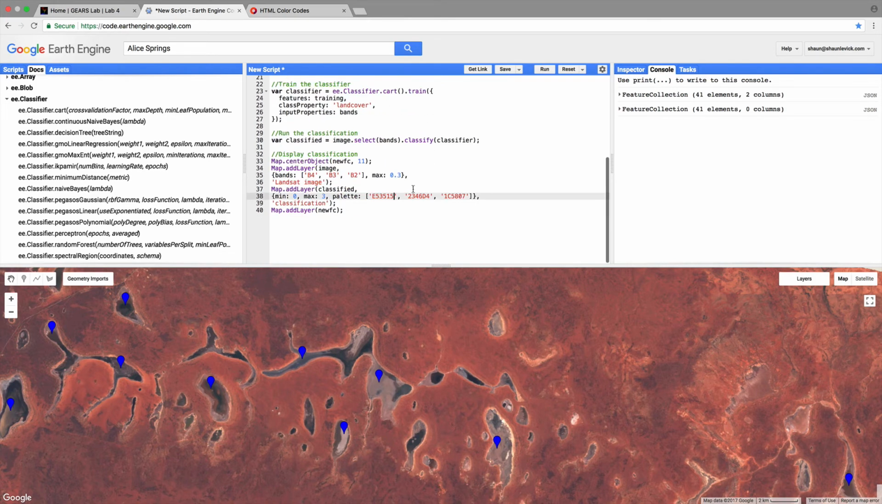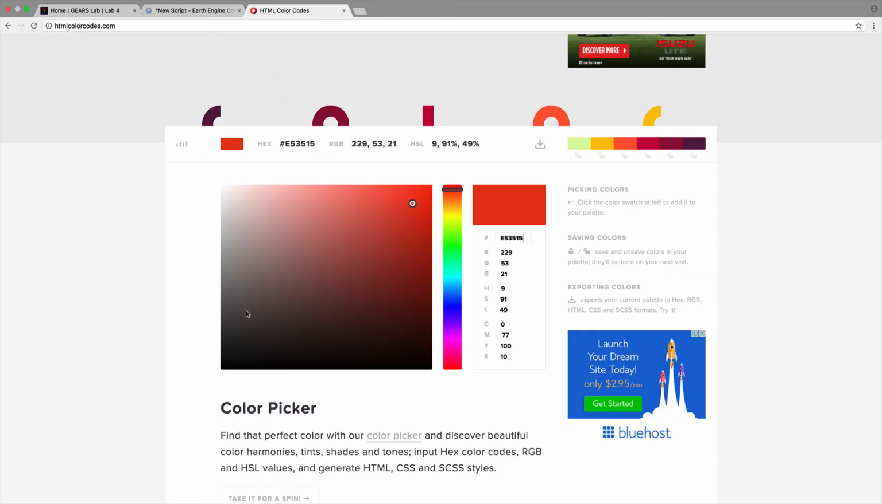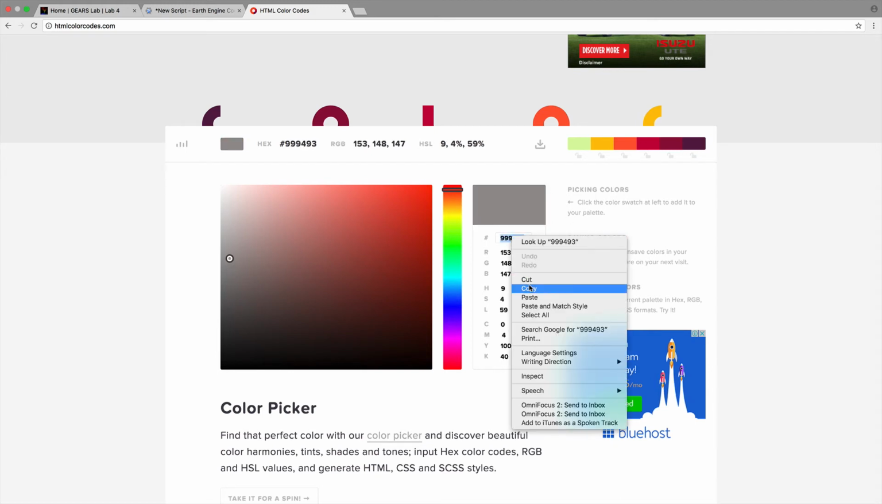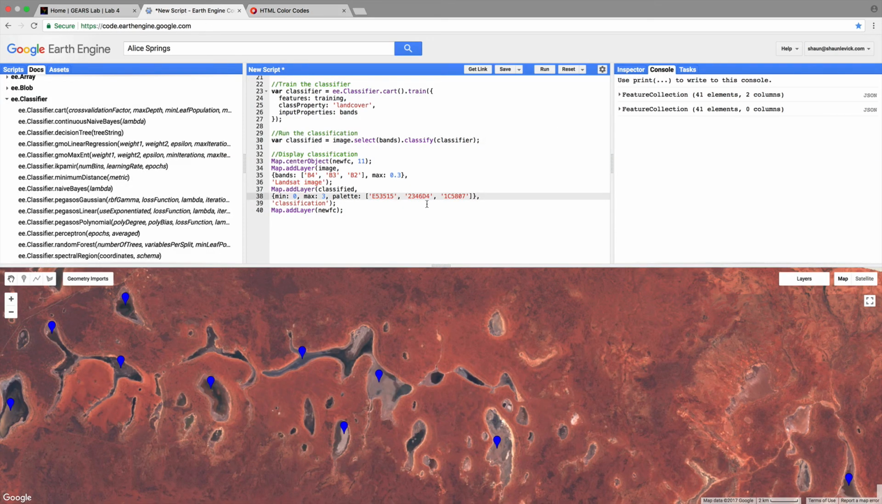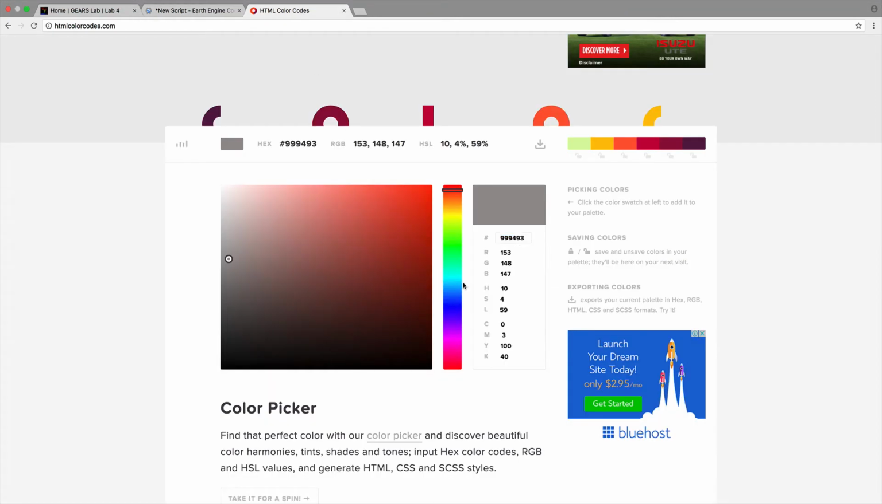So next up is bare rock. We'll make that a gray, maybe a light gray color. Copy the code, paste it there. Then next up was dark soil. I've got a red, and we could go with a brown. Let's go with kind of a dark